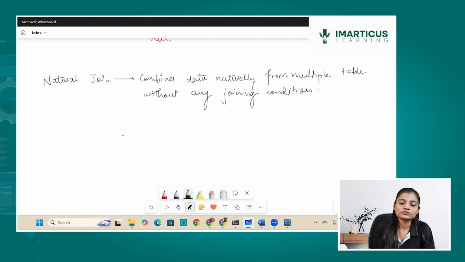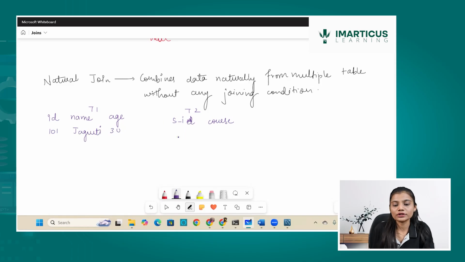So for that, let's say I have a table where I have ID, name, and age as table 1, and I have table 2 with student ID and the course they have been allocated. So I have ID as 101, name as, let's say, my name, and age as 30.